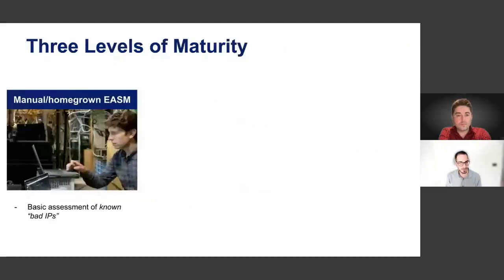So that brings us to how do organizations tackle this problem today? The attack surface protection, outside-in cyber risk problem. So let's talk about these 3 levels of maturity. The first level, the first type,